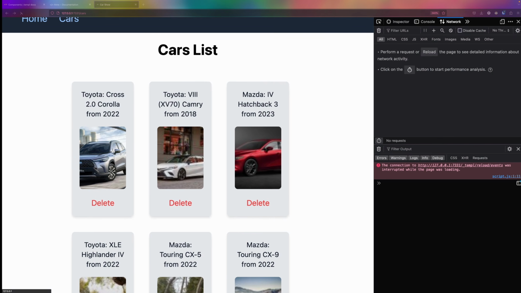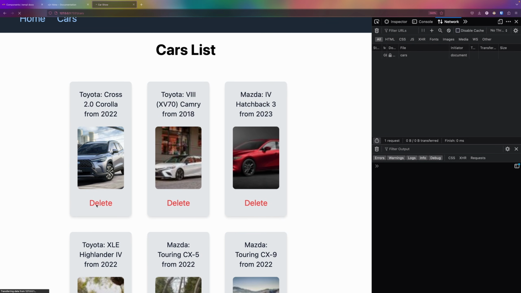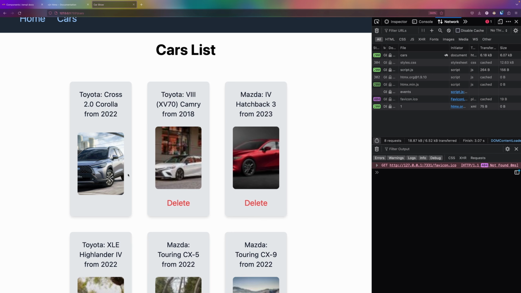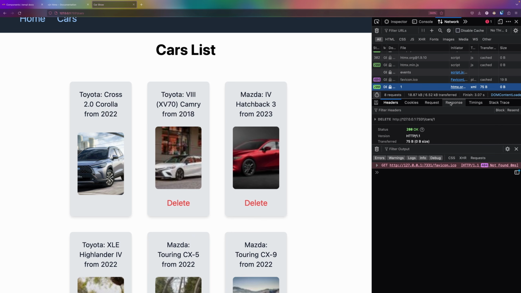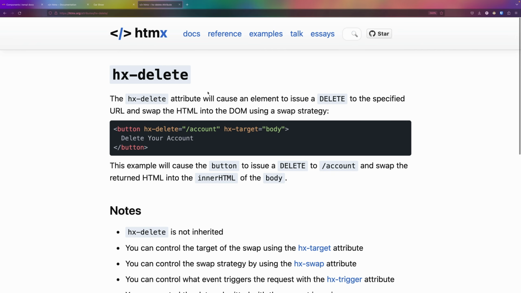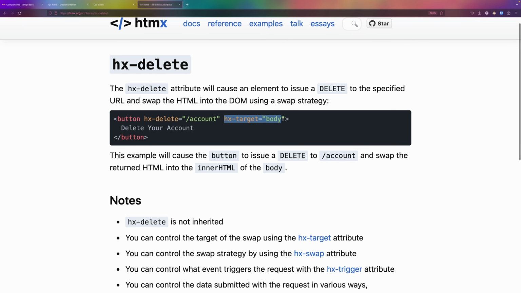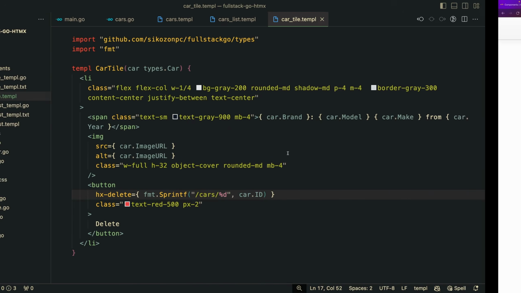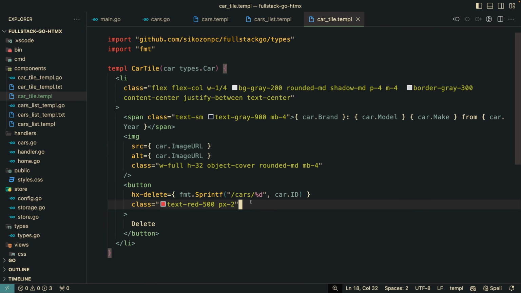So if we just save and go back and click on the delete, we can see that we got a 200, something happened, nothing responded, but we see that this button just disappeared. And as you know, this is the default behavior. We are deleting the button, it's being swapped by nothing because we returned nothing. And there is a very interesting thing that we should take into consideration, which is when we delete, it's going to target the element itself. So we want to target something else. For example, here it is targeting the body. So let's go ahead and target